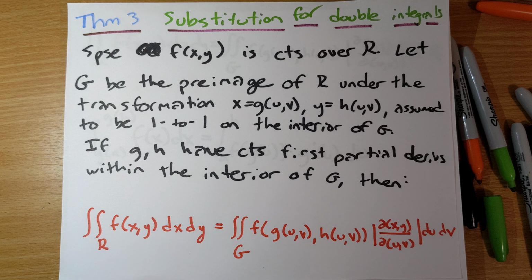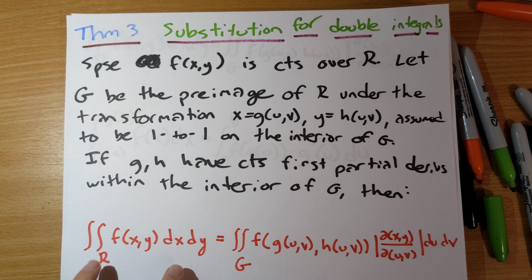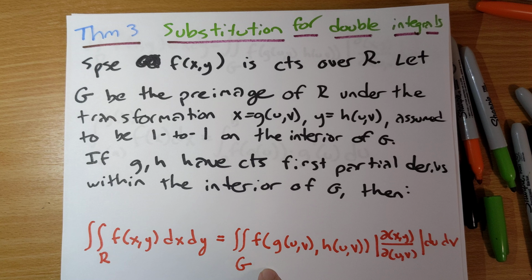And so all of this brings us to our big theorem for this section, Theorem 3, substitution for double integrals. Suppose that our function f of x, y is continuous over a region R. Let G be the pre-image of R under the transformation x equals g of u, v, y equals h of u, v. This is going to be 1-to-1 on the interior of G. If g and h have continuous first partial derivatives within the interior of G, here is our formula. The double integral over R of f of x, y dx dy is equal to the double integral over G of f of g of u, v, h of u, v, times the absolute value of the Jacobian,